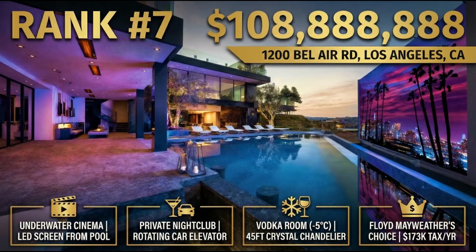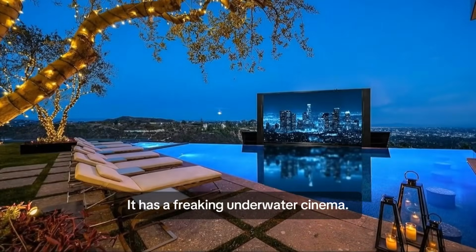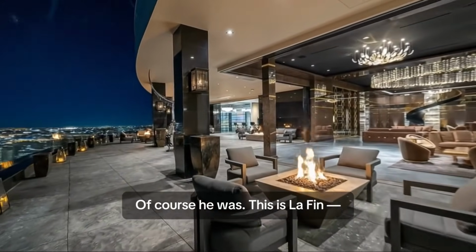7th place, $108,888,888. Wow, Floyd Mayweather was ready to buy this house. It has a freaking underwater cinema. Of course he was. This is La Fin, a